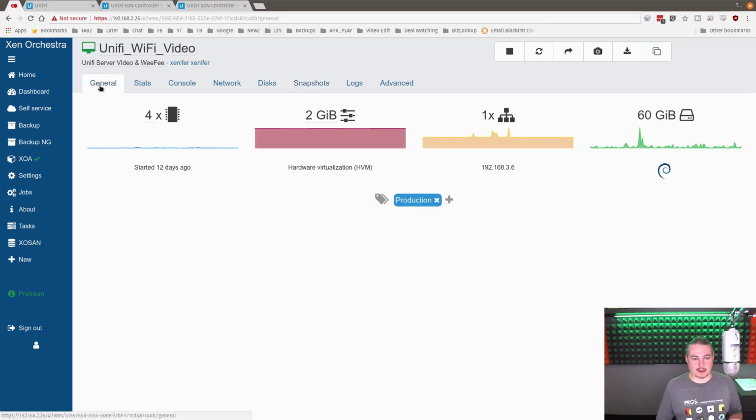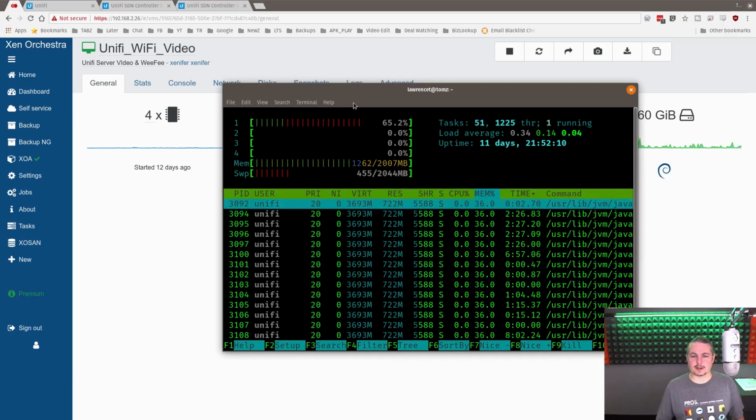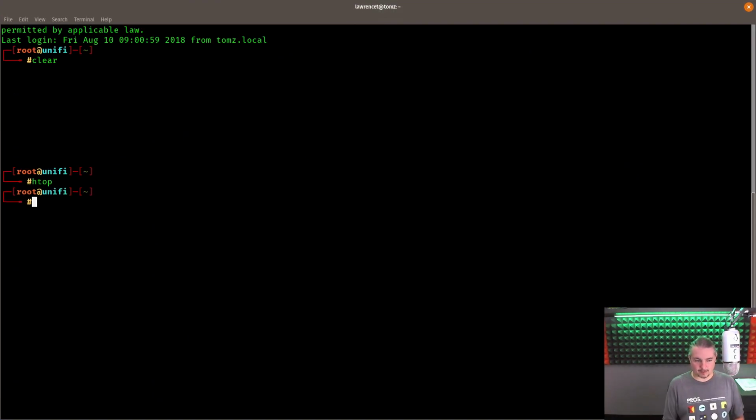It's a VM with 4 cores, 2 gigs, and not actually using all that much memory, and a 60 gig virtual hard drive. So here it is logged into it, and you can see it's up and running with the camera server, and that we're using like 1.2 gigs. It doesn't take a whole lot to run these. But if you look here,